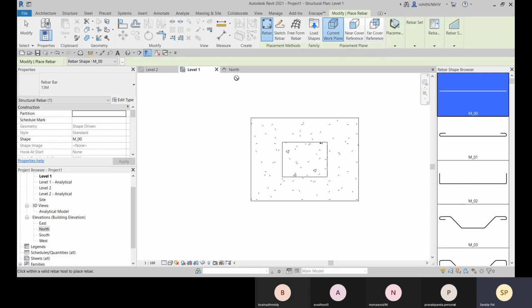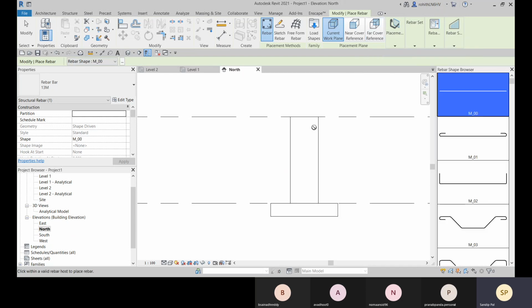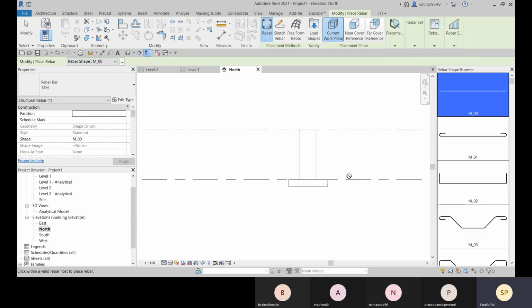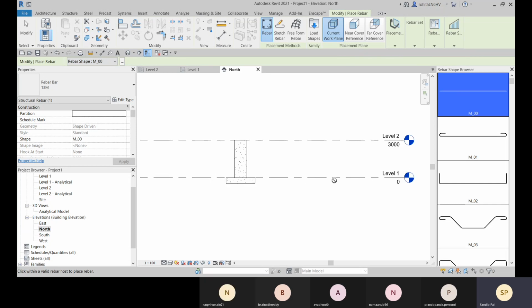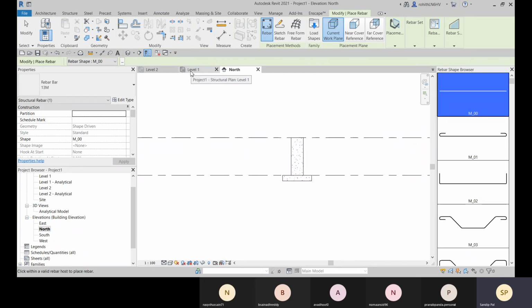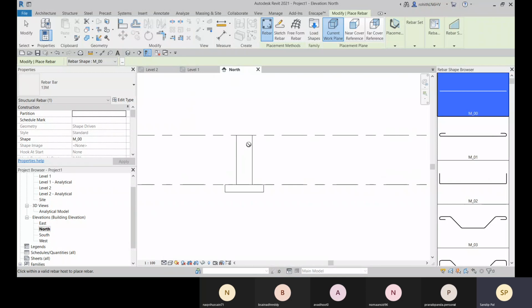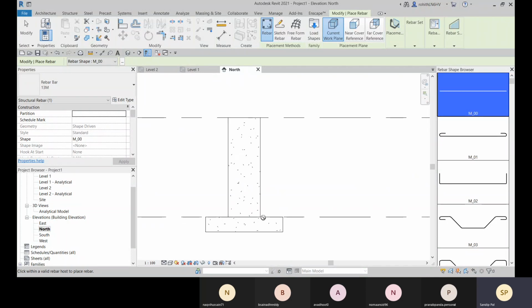It will be placed at this level 1, and here we have this near cover reference and the far cover reference. So let me show you what this is. So you see that this is the level 1, right? Currently I was in this level 1, and this column has the bottom surface and this has the top surface, right?